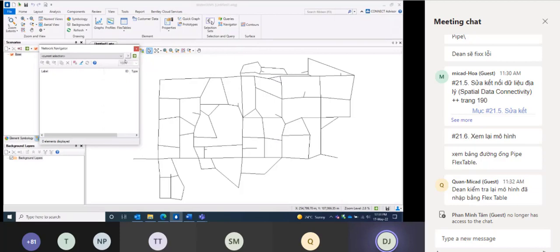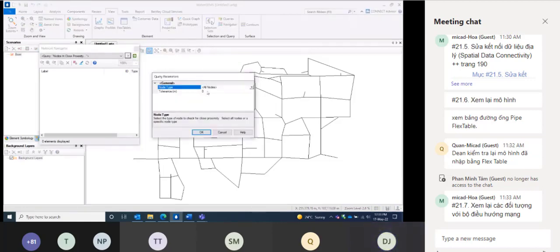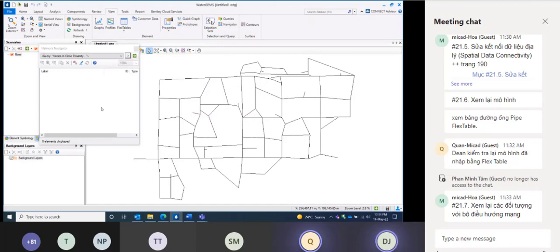So what we want to do is go to the little arrow next to current selection here, and we want network review, nodes in close proximity. And the tolerance that we want is 1 meter. So if you OK that,